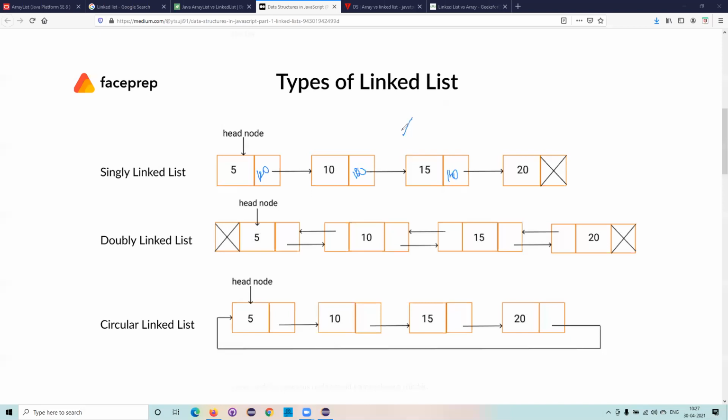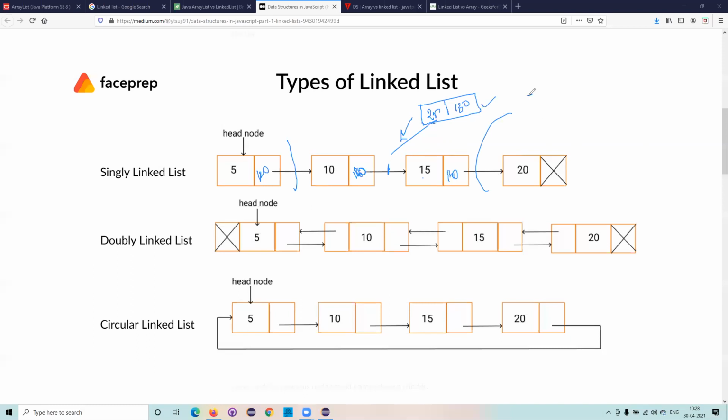Now I wanted to insert an element here. So once again I will have a node. A node has two sections. Now the data is 25, I need to insert this value here. So now what I need to do, the address of the 15 is 130, right? I'll change the 130 here, and the address of 25 is 160. I'll just change it here. So now only one node change I was doing. If I make this particular change, will any previous elements or post elements have any impact from this? No. That is the advantage of the linked list.